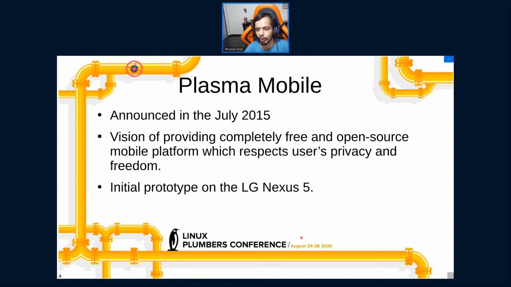Coming back to the Plasma Mobile project, it was announced in July 2015 at one of our annual conference meetings, Akademy, which by the way is happening on 4th September this year, also virtually. The main reason for the Plasma Mobile project was to provide a completely free and open source mobile platform which respects privacy and freedom.